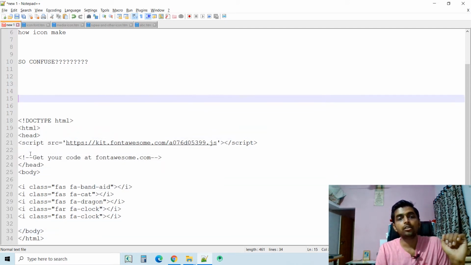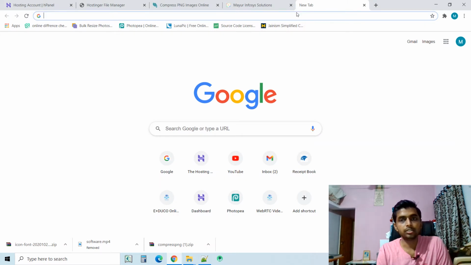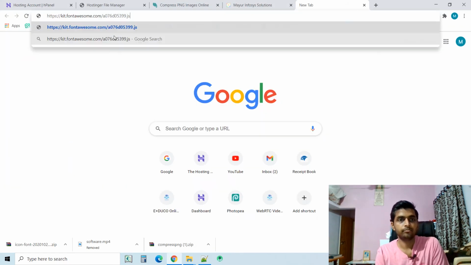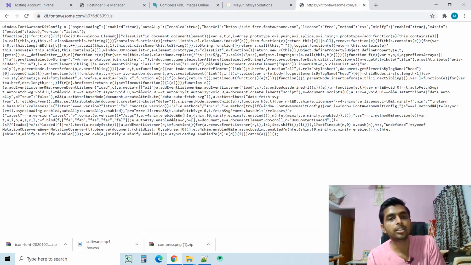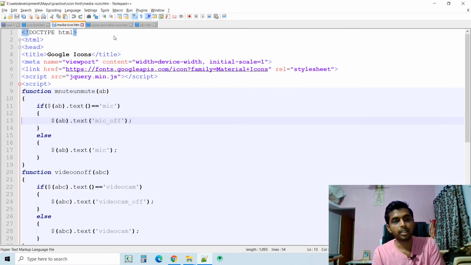For this we are using a font, the Font Awesome font. Font Awesome has already provided a kit, which is here. I link it, and if I go with this link, you can see these links. This particular JS is already available for that. Now suppose I want to use a CSS, such as Material Icons, the font family is also available.